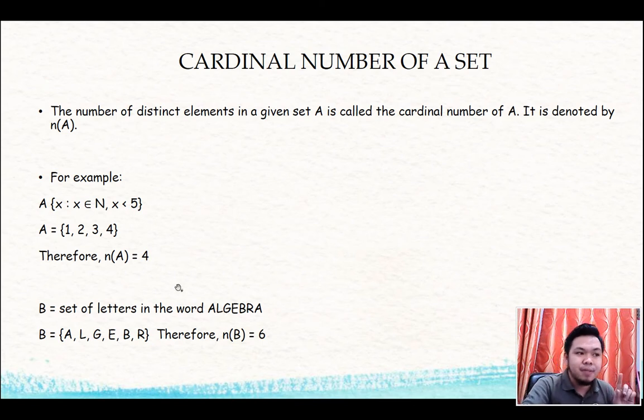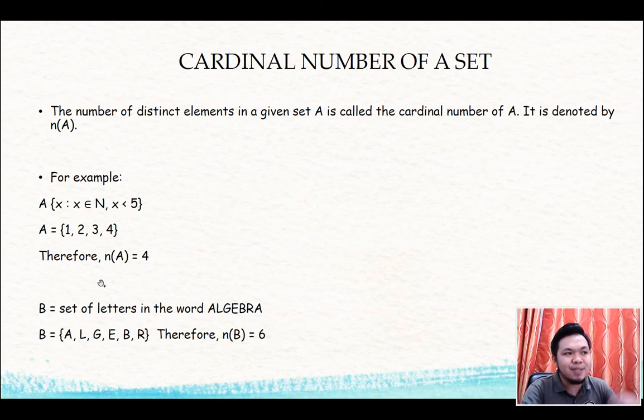Pero kasi pag sinulat natin siya as set, yung A, ayan po, L, G, E, B, R, dapat may A pa. Pero hindi na kasi nakasulat ni A. Pagkatapos, bilangin mo lang kung ilan yung elements sa loob. So, 1, 2, 3, 4, 5, 6. So, therefore, ang cardinal number niya ay